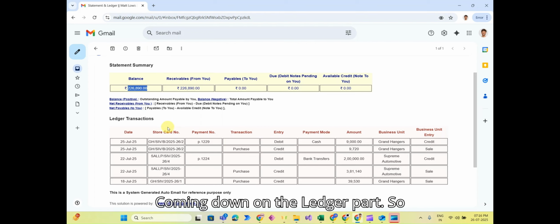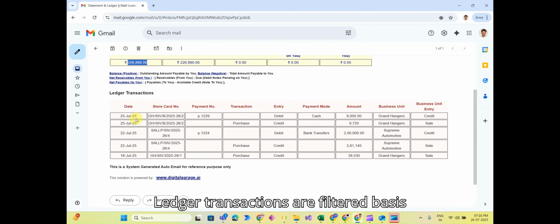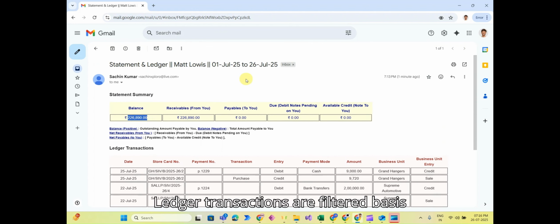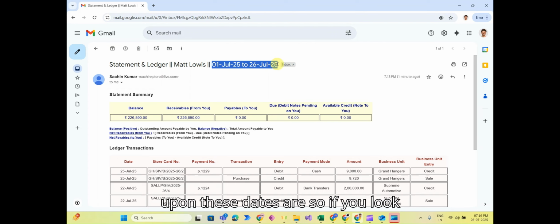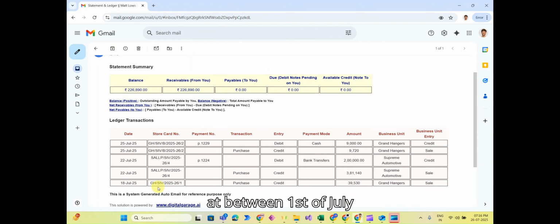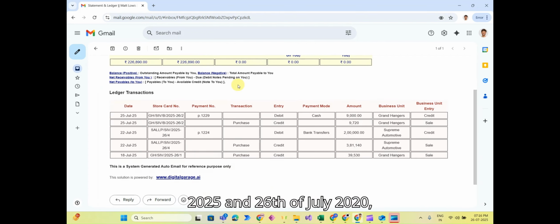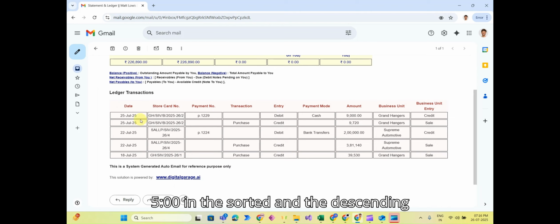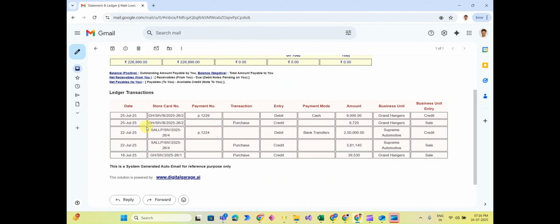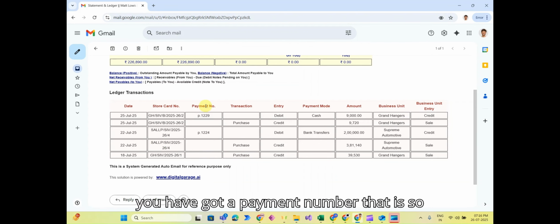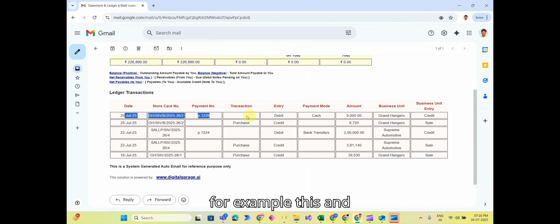Coming down to the ledger part, ledger transactions are filtered based upon these dates. So if you look, between 1st of July 2025 and 26th of July 2025, sorted in descending order date-wise, these are the transactions. So how to read these transactions? Where you have a payment number, for example this and this,